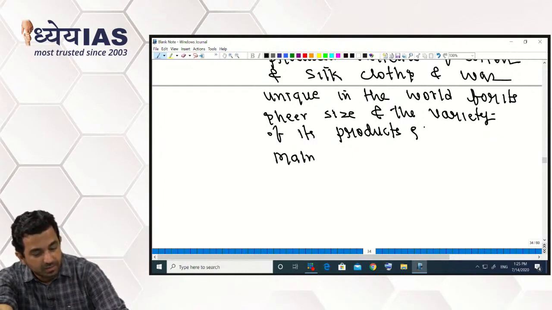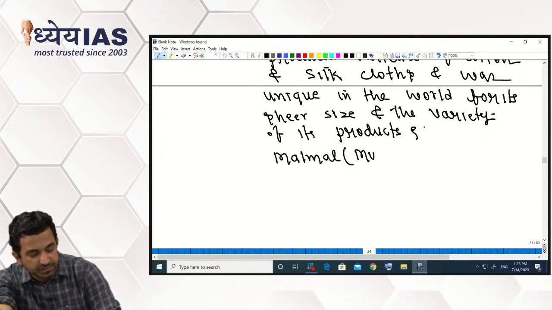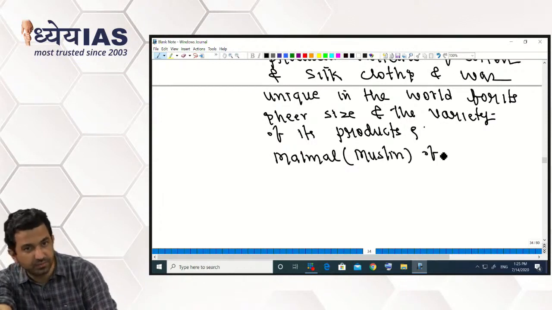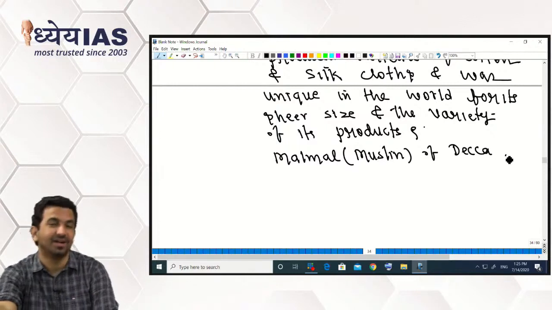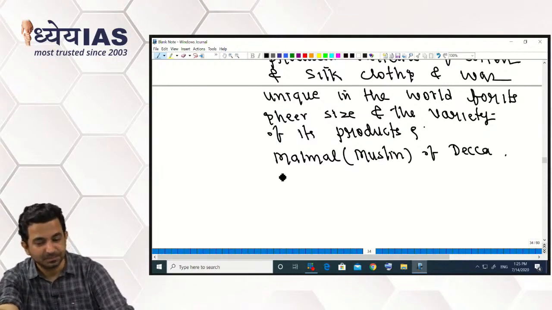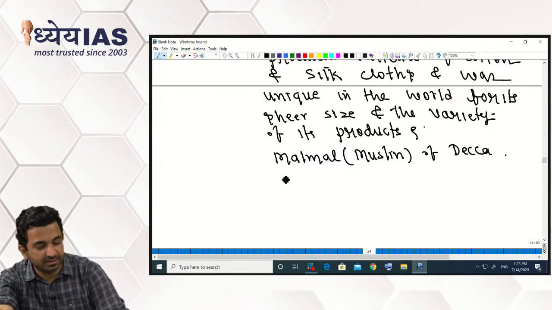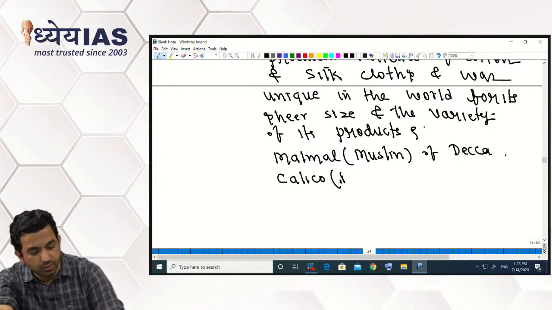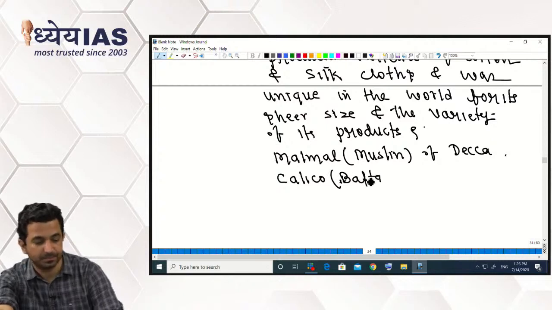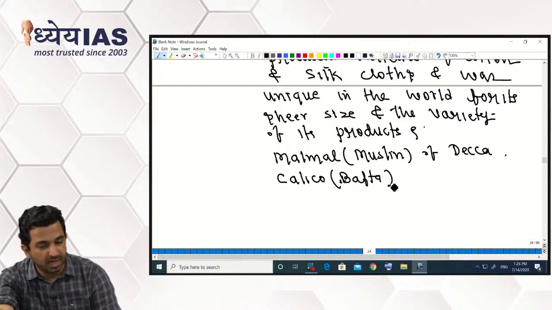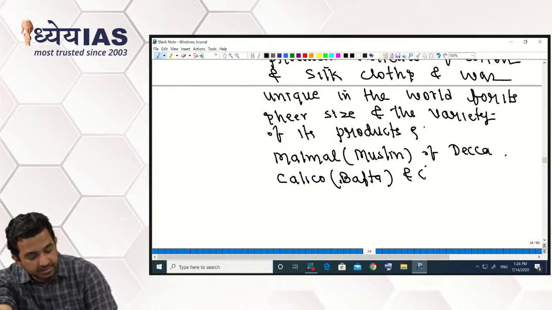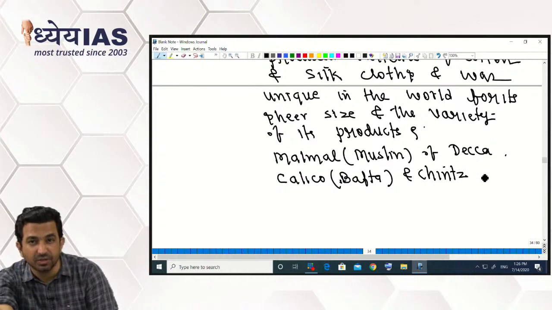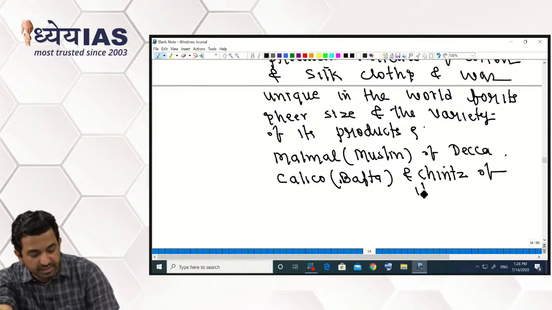Muslin of Dhaka, then calico, also known as BAFTA, and cheat, a variety of cloth, cheat of North India,